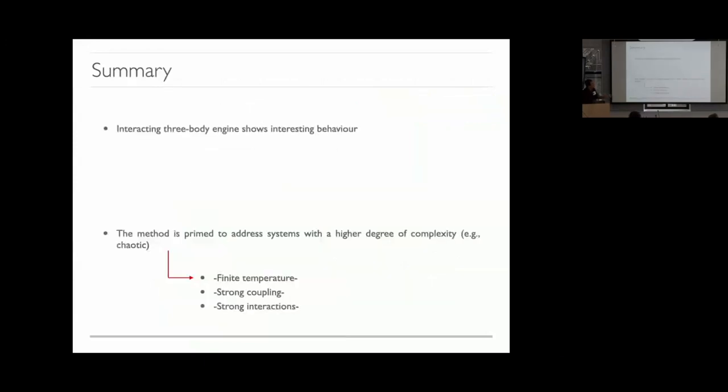And finally, and most importantly, I think this method is primed to do many sorts of different things. When you have very complicated central systems, I think this is the way to go. And I think this is something that hasn't been explored in the methods that we've seen up until now, which are mostly primed for small systems, whereas this, you can do hundreds of spins and stuff like that, okay?